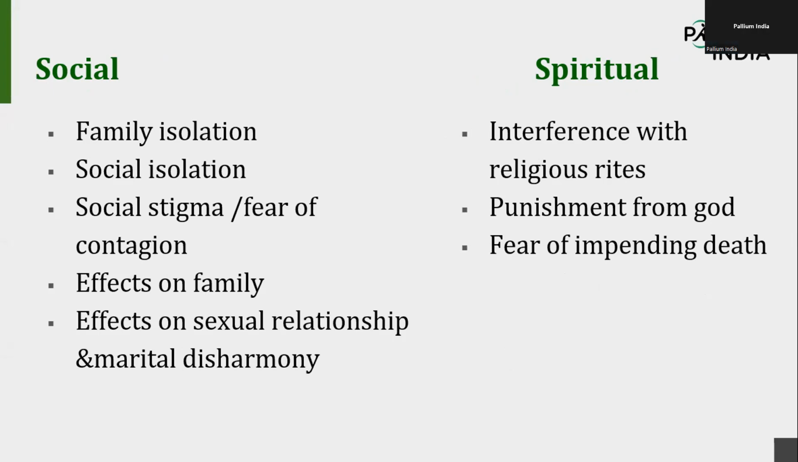And social isolation also: the friends, neighbors or relatives are sometimes not willing to see these types of patients. Because of that, they will feel, why am I living like this? So these may be due to misconception of the disease, social stigma, fear of contagion, effects on family, and effects on sexual relationship and marital disharmony also. Usually people are not willing to marry into this kind of family because they might think it is hereditary,